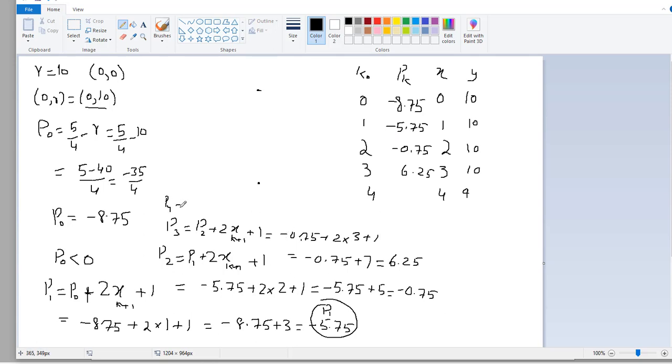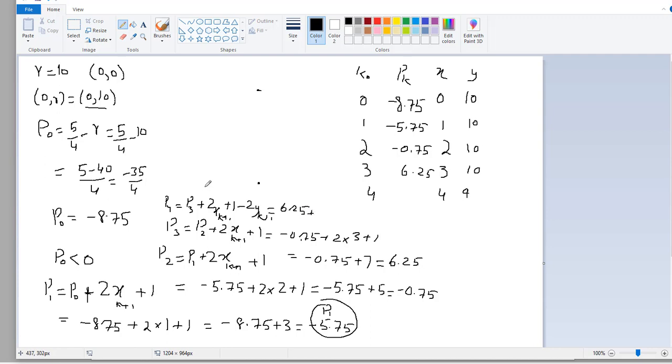So the P4 equation is different. It is P3 plus 2 xk plus 1 minus 2 yk plus 1 plus 1. Which means that yk plus 1 is 9. So this is equal to what? P3 is 6.25